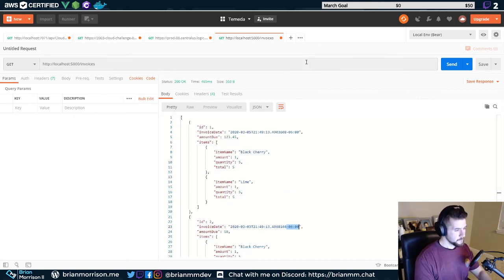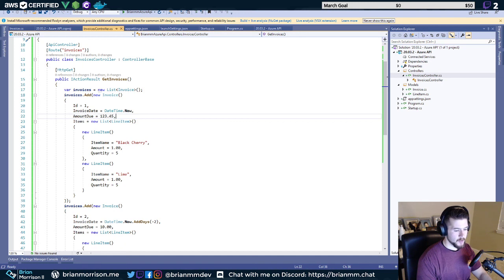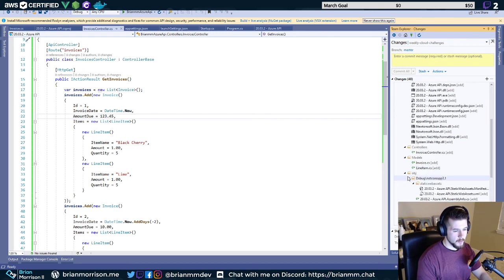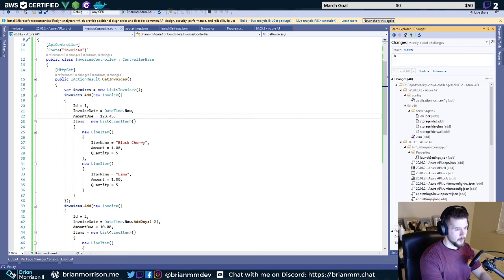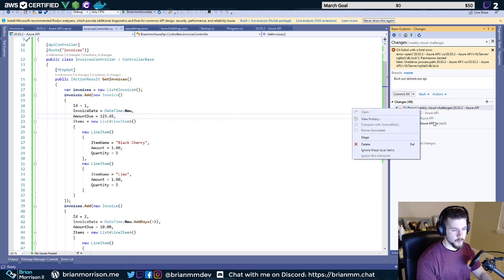We got our API. Now that's done, I'm going to go ahead and stop this, and we're going to commit our changes. You can see Visual Studio has a nice built-in source control manager. So we will say built out .NET Core API. And let's go ahead and commit that. Permission denied. I want to ignore that. Hold on. Our gitignore is not set up the way that it should be. So let's go ahead and